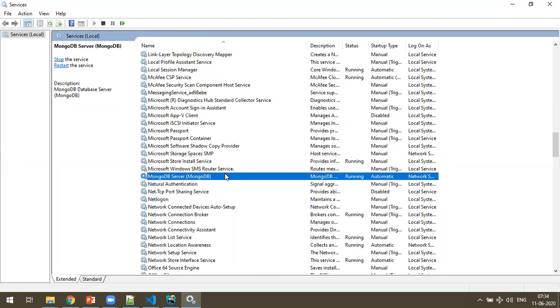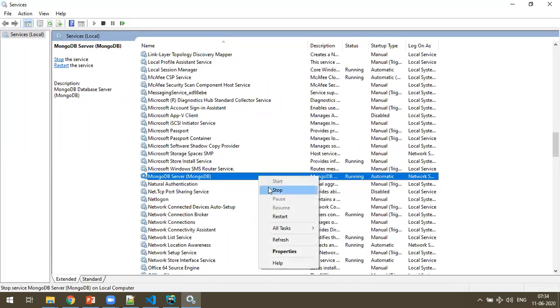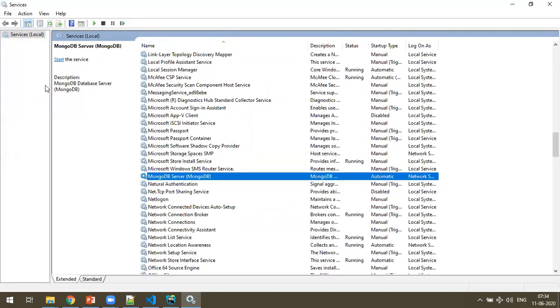Whenever your laptop or desktop starts, it starts automatically, because it's a Windows service. But for some people it will be in a stopped mode. Let me stop it. It's already running, so right click, stop. Now MongoDB has been stopped.